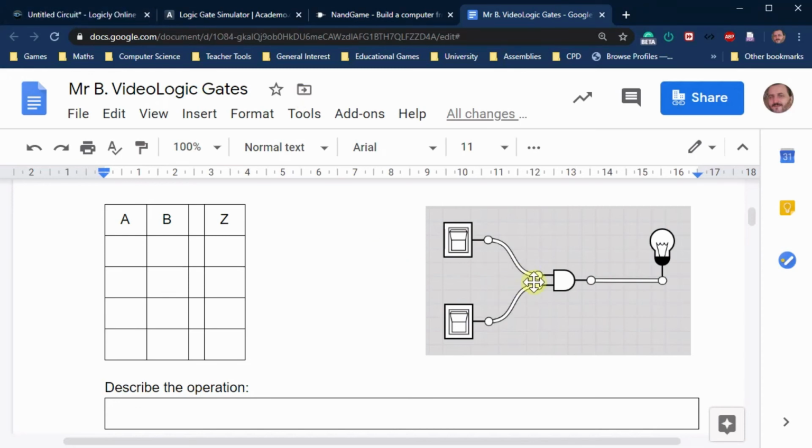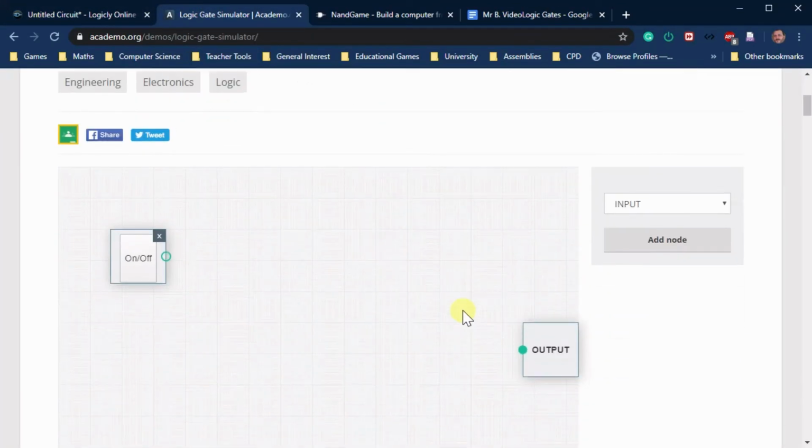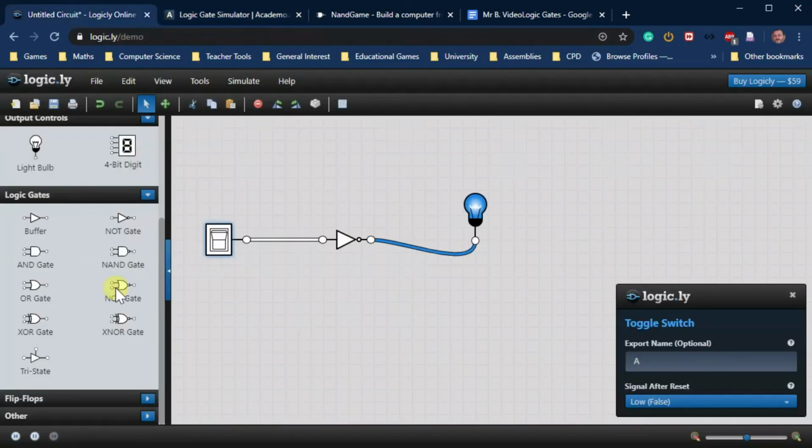Now, one problem with using Logically is it actually tells you the names as you go through. If you use the logic gate simulator to try and do it, it's got a couple of little bits to add. Rather than a nice graphical interface, you have to drag things around. Come on, give me the drag. Or is it not dragging? Oh, there we go. Right, so you can't drag on the name, you have to drag in the box around it. So I'll just do the next gate, and the next gate